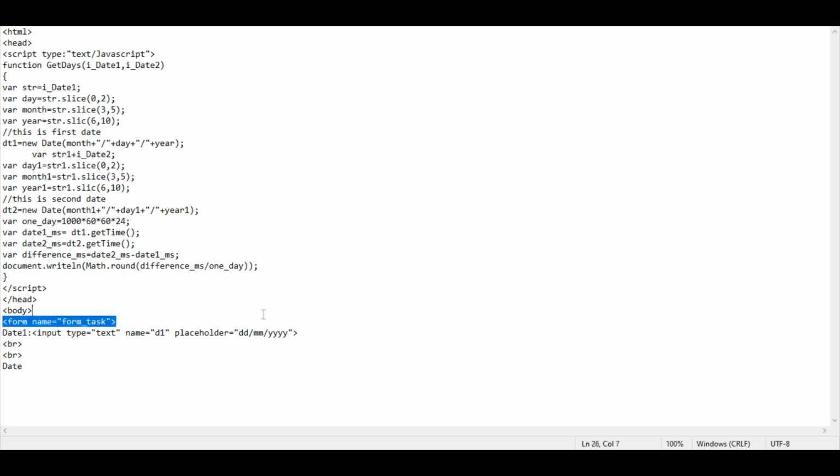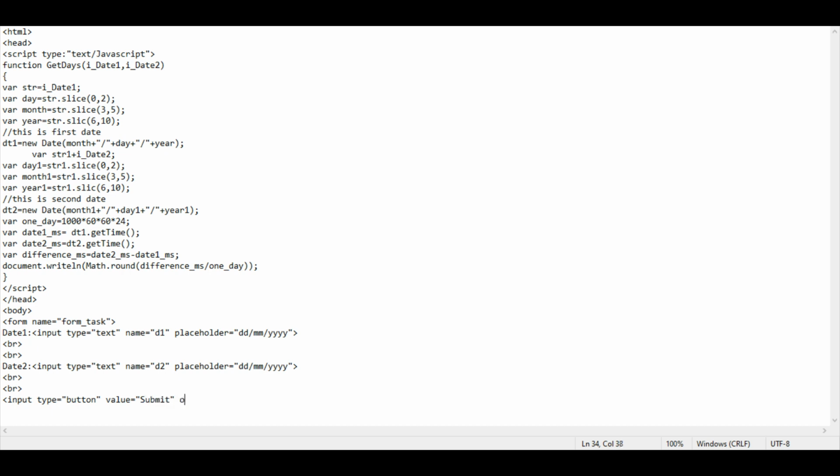So I'll just take this. Control C, Control V. Minor changes have to be put in here as well. Date 2. Yeah. So this was it for here. Now we add BR here as well. Input. So our button has to be put in here as well. Value equals to submit.